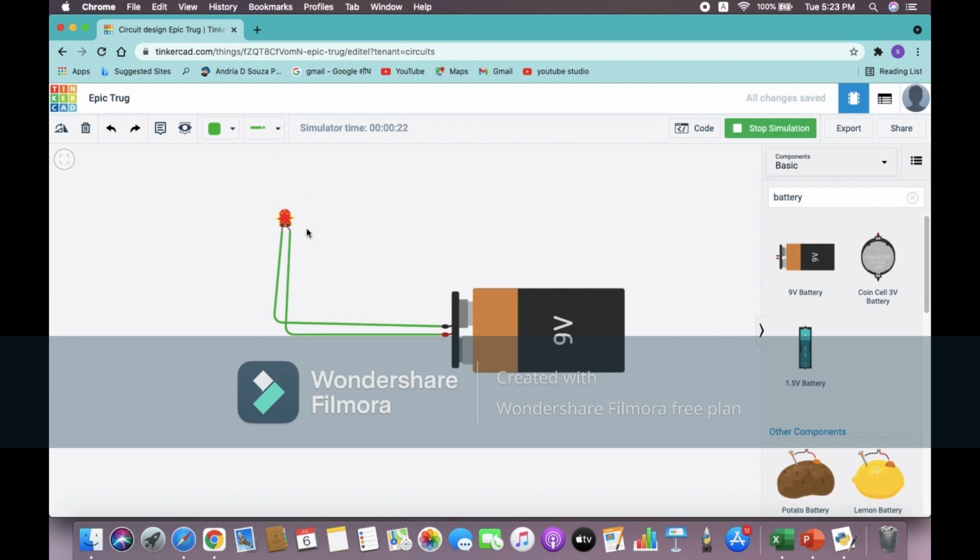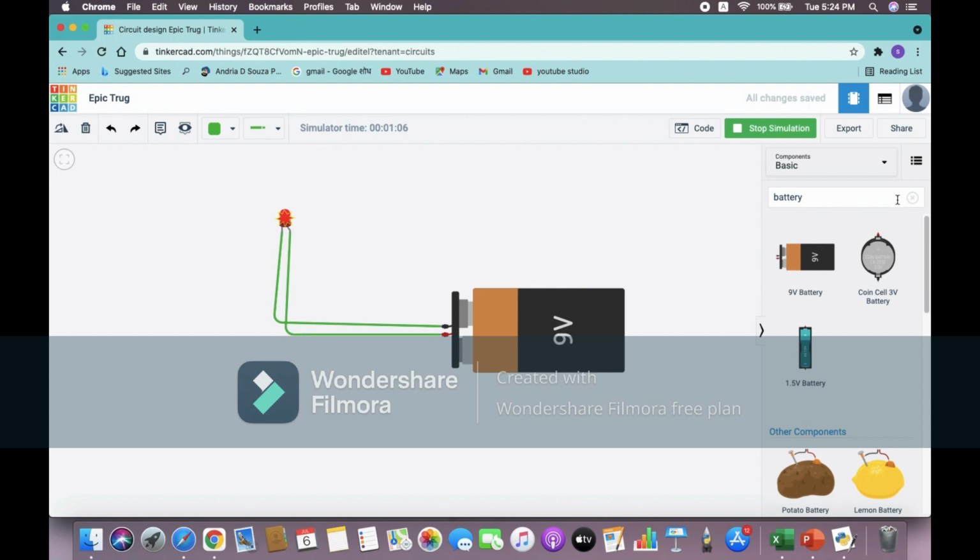Why? Because LED requires maximum 2 to 3V of voltage. So here the 9V battery is giving the 9V to the LED directly. That is why it burst. So students, you can see I have joined the LED with the 9V battery directly. The 9V battery is providing 9V to this LED, but the LED will not support 9V. Maximum 2 to 3V can be supported by the LED. So how to convert 9V into 2 to 3V?